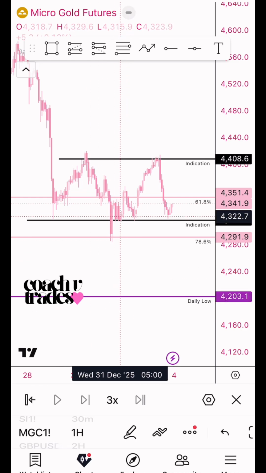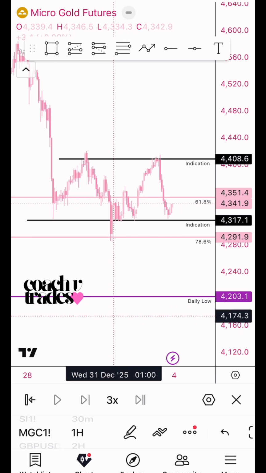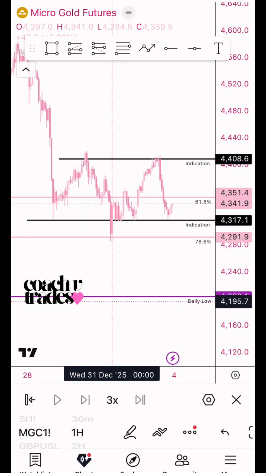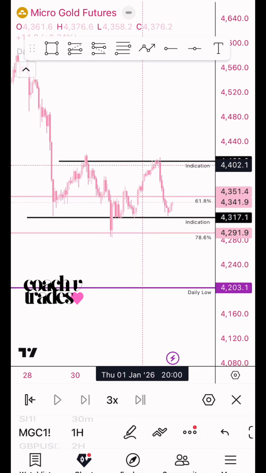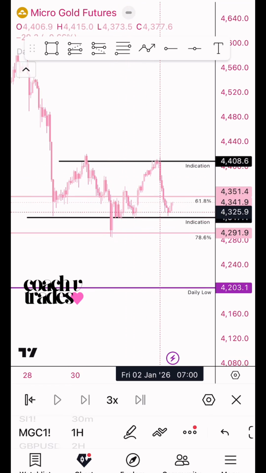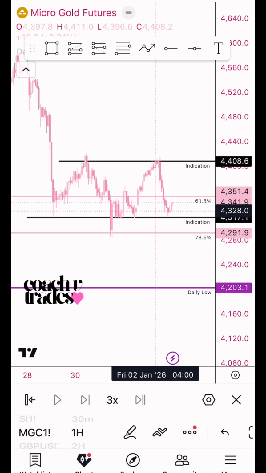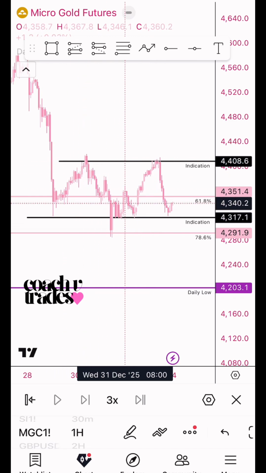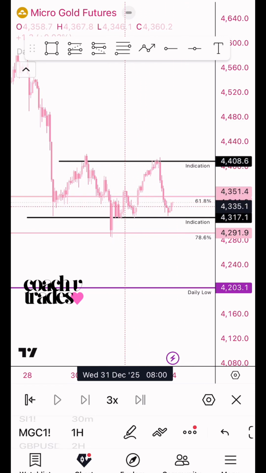I would not enter to sell unless we break a daily low and we are full-blown bearish. But again, we came down to this level and the market didn't even want to come down. So all of this right here, I think the market is just collecting money